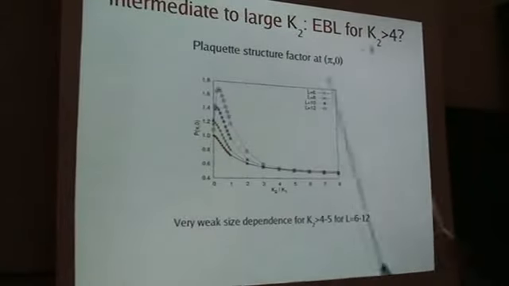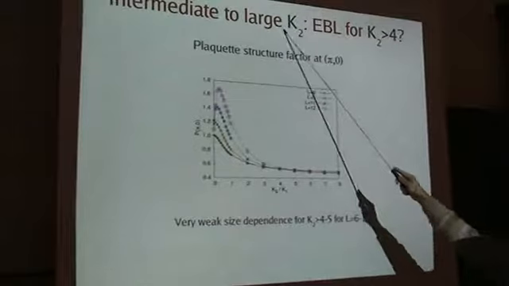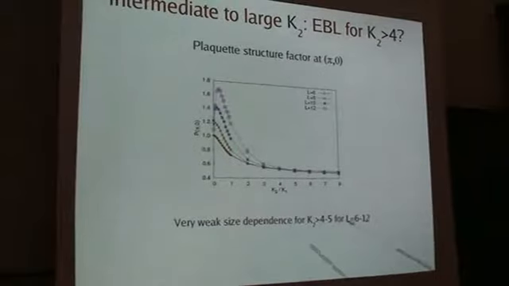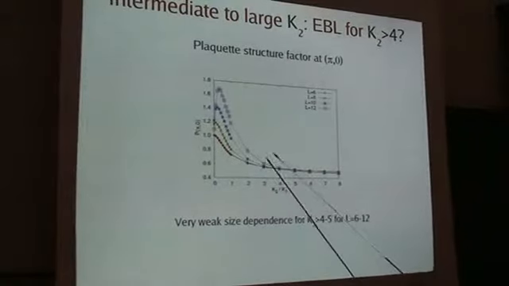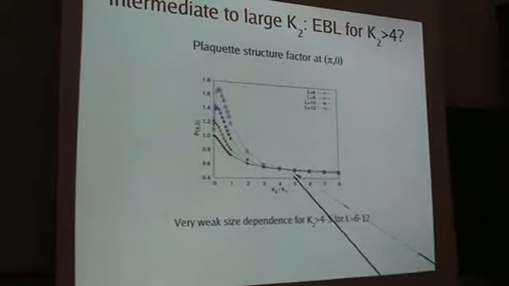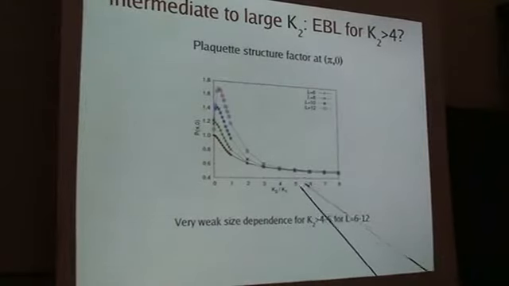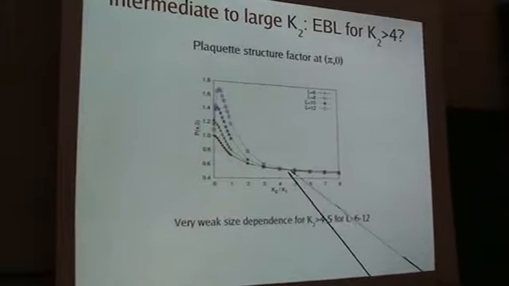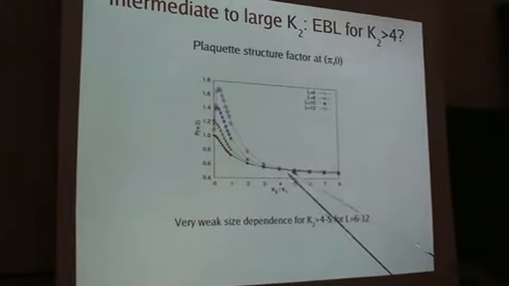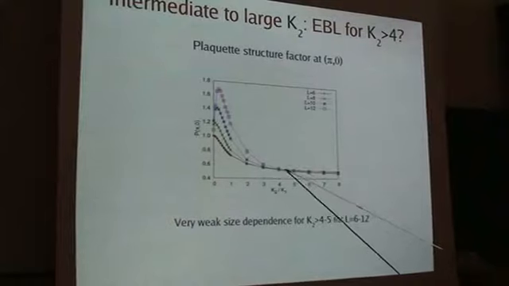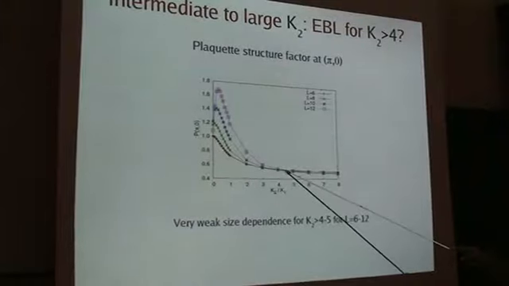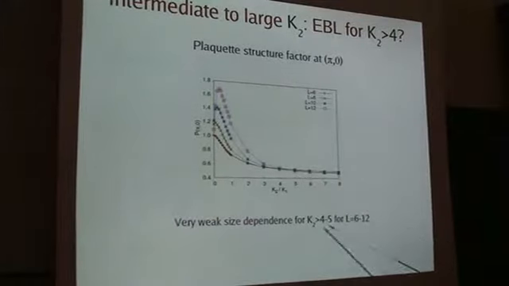Now, as we increase K2 to larger values, at some point we actually also lose this Bragg peak in this plaquette correlator, and tentatively, starting from about a value of 4 or 5, we do not observe any order, and we conclude that the system is in a